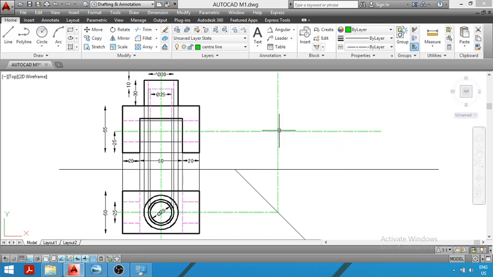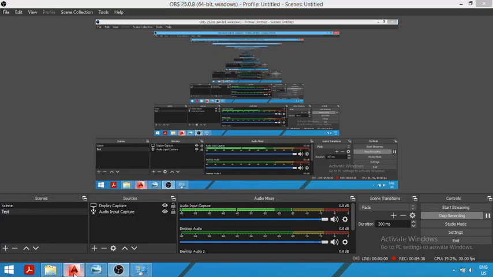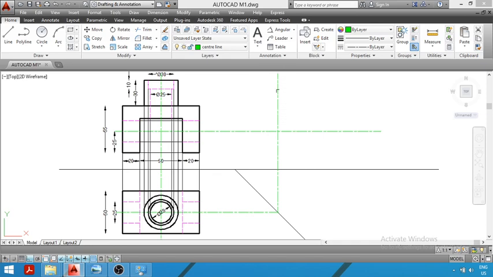So this is the center of the semicircle that we have to draw. You can see in this image that we have to draw a semicircle in the lower portion, and the center of this semicircle is the intersection of the vertical center line and this horizontal center line. So till now we have drawn the vertical center line, and this is the horizontal center line. The point of intersection of the vertical center line and the horizontal center line is the center of the semicircle. Now what is the diameter of the semicircle?